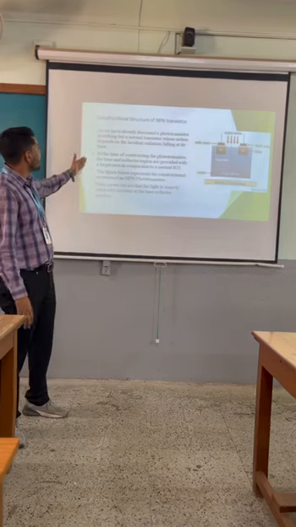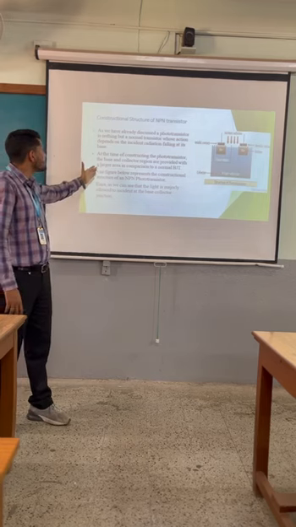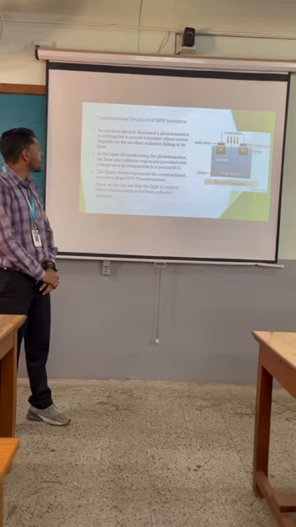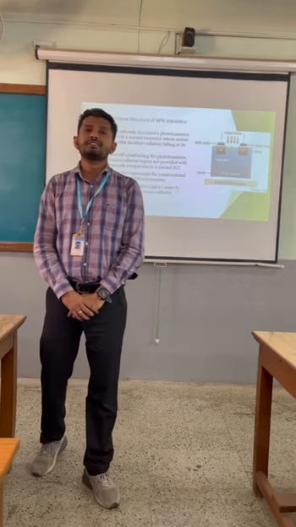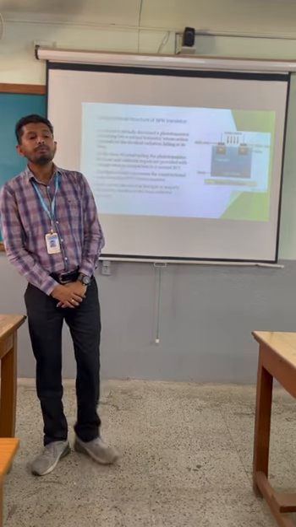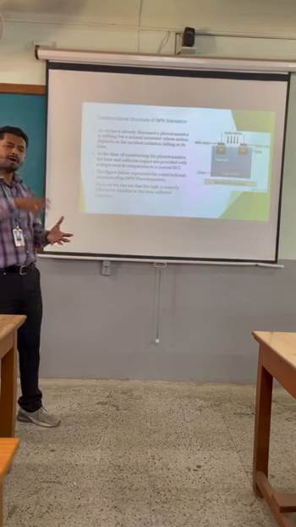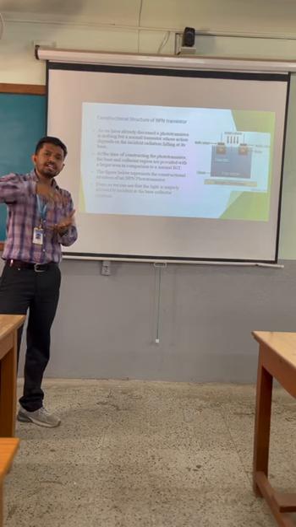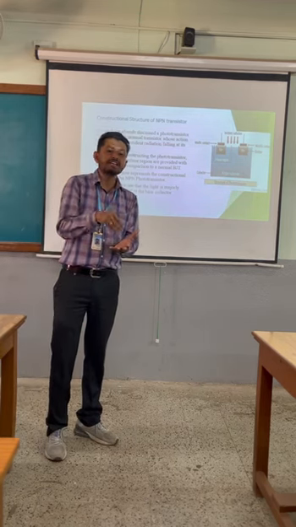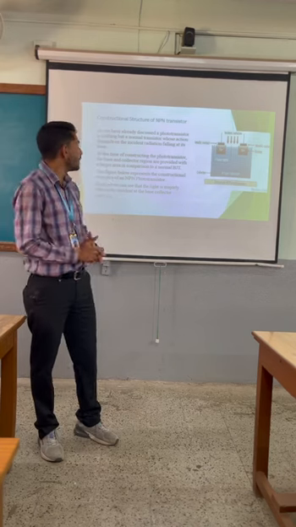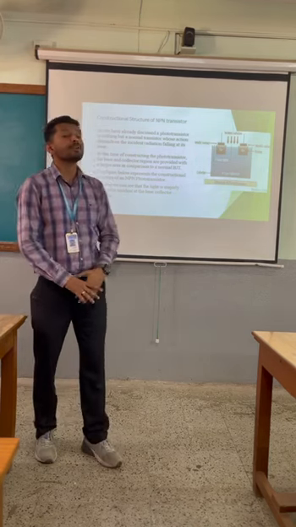Next point: at the time of constructing the phototransistor, the base and collector regions are provided with a large area in comparison to a normal BJT. BJT means bipolar junction transistor. In a phototransistor, the maximum intensity of light is incident on the base region. The figure below represents the construction of the phototransistor.